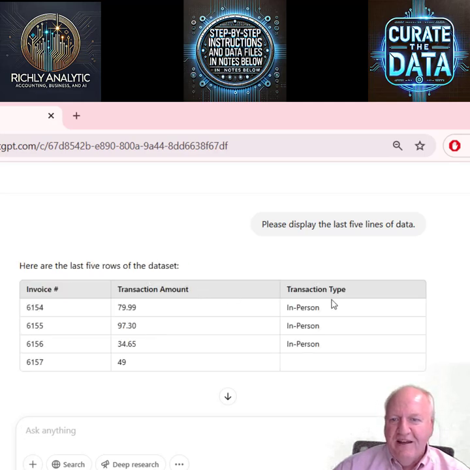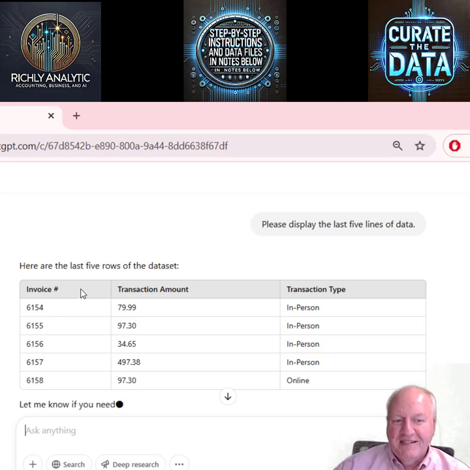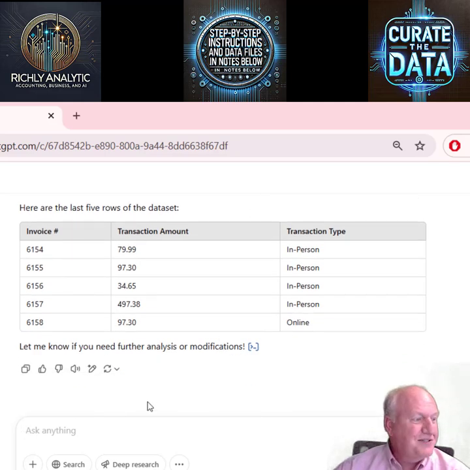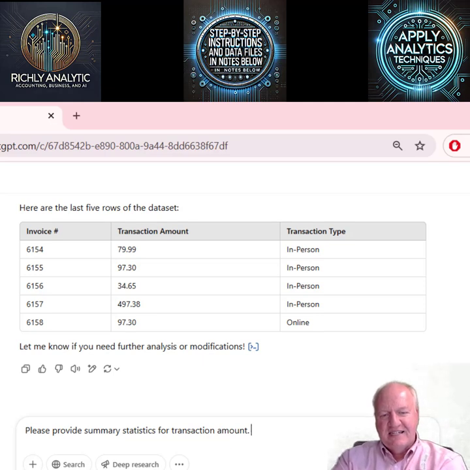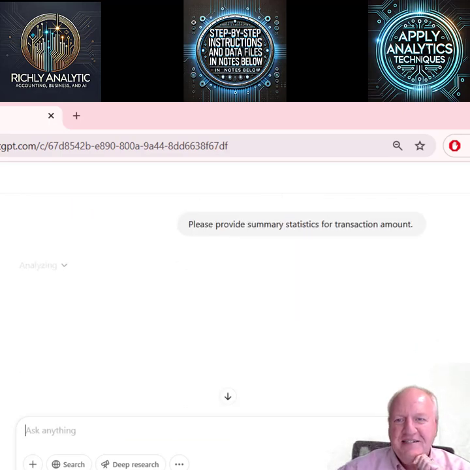Because I've given it some headers, it's going to know some information. I can often check those. I can ask for a data dictionary and see what it interpreted it to be. But I'm really interested in the distribution specifically of the transaction amount. So as I start to look at this data set, I'm going to ask it to provide summary statistics. Summary statistics and descriptive statistics in my mind are about the same. We would probably call this descriptive analytics, which is to summarize the data, and that's exactly what we're doing.